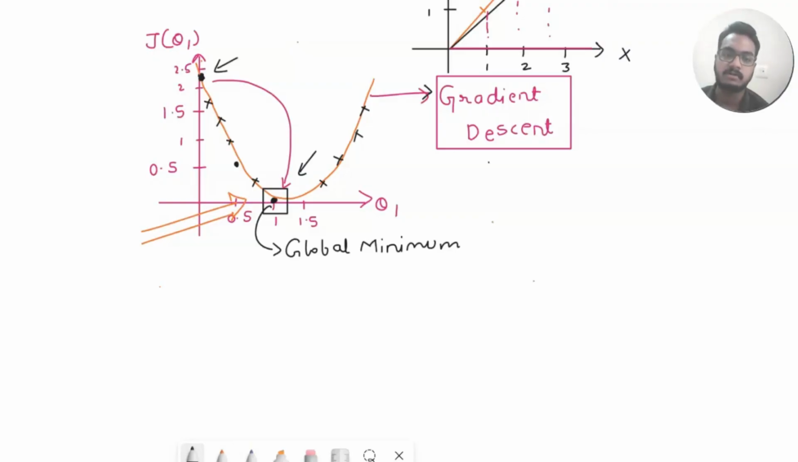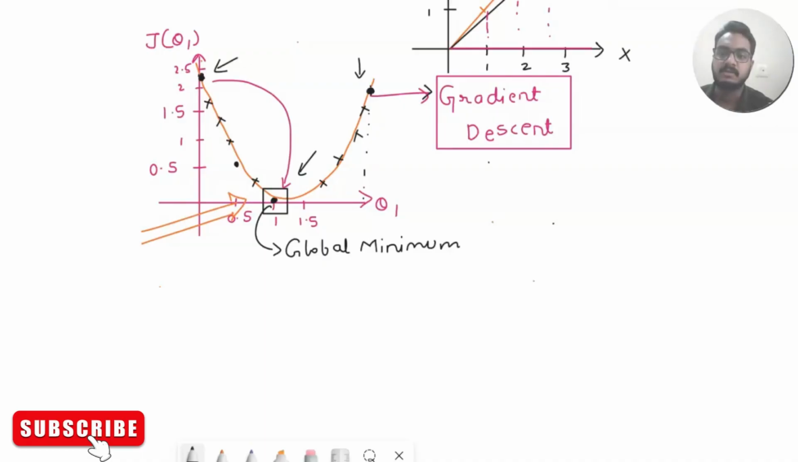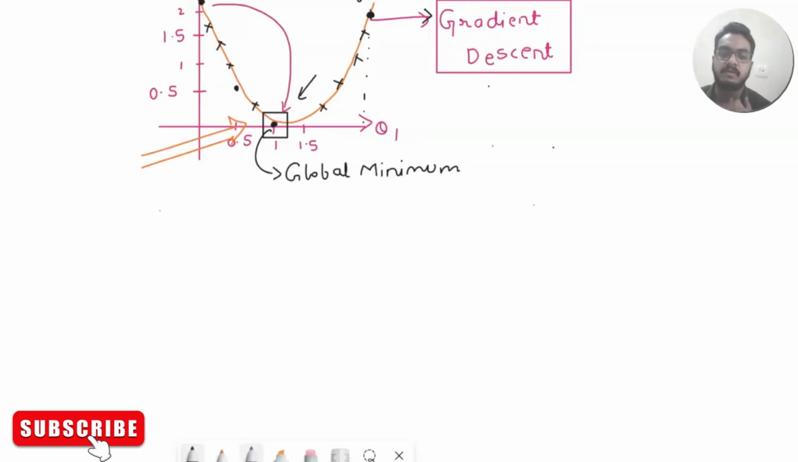Suppose we are at this point, where the cost function has this value corresponding to this value of theta 1. The aim is to reach the global minima from this point. In that case, the model will be the best one for our predictions. Now, how do we reach the global minima from this point? For that, we have an algorithm called the gradient descent algorithm,